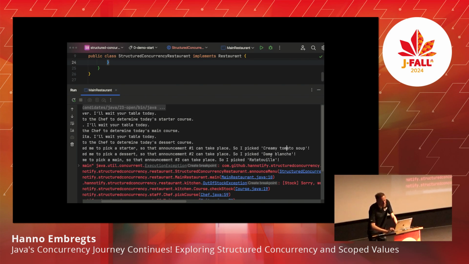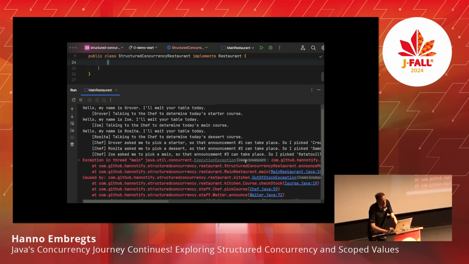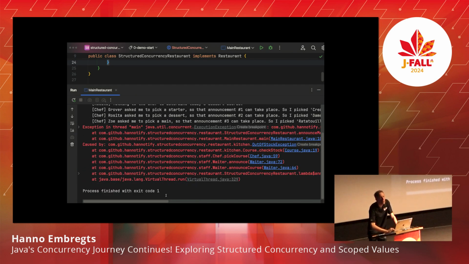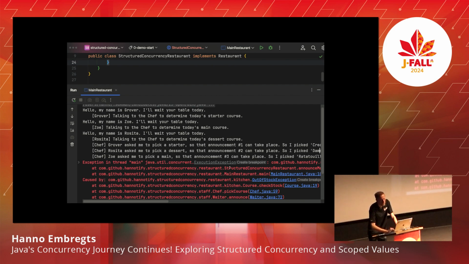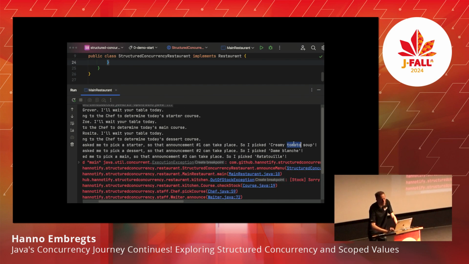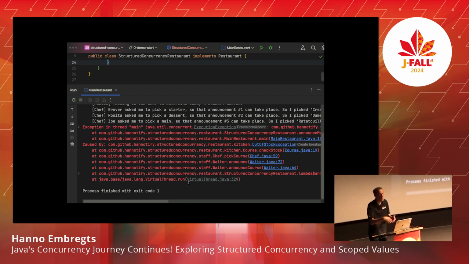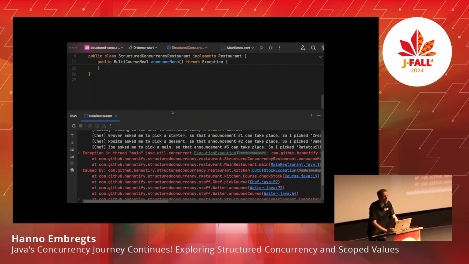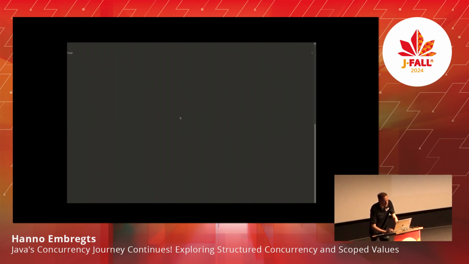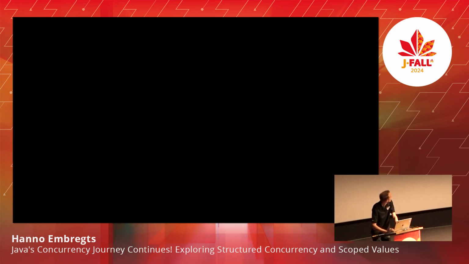Well, we picked tomato soup, dame blanche, and ratatouille, but as you can see, no course is being announced whatsoever, right? Not even the creamy tomato soup. So probably the exception occurred before the announcement of the tomato soup could have been done. And because of this shutdown on failure, the entire scope is shut down and nothing here is announced. And the people in the restaurant will probably get up and leave, right? And find a better place to have their dinner. So that's the effect of the shutdown on failure.